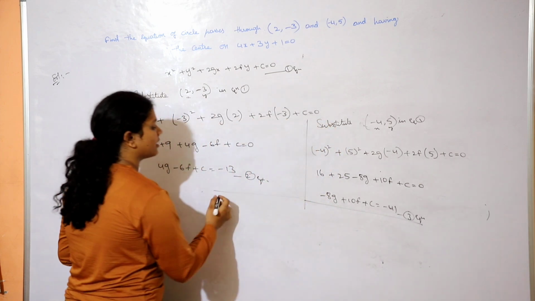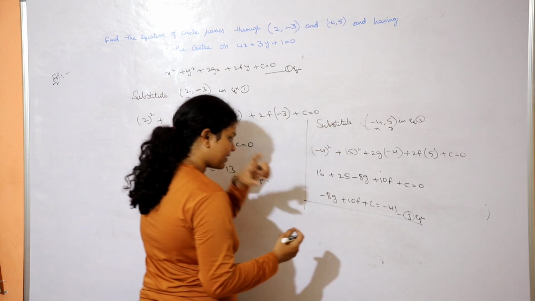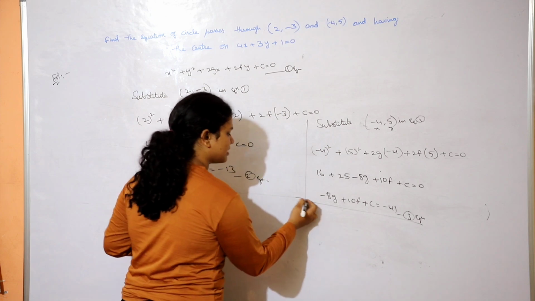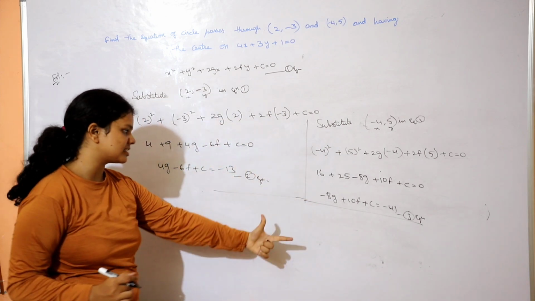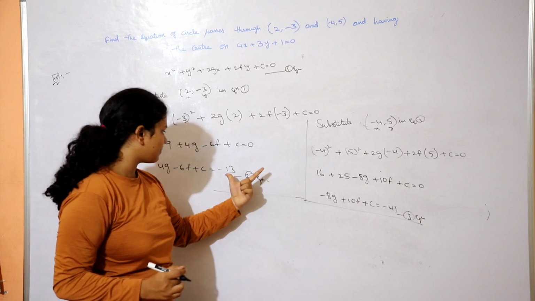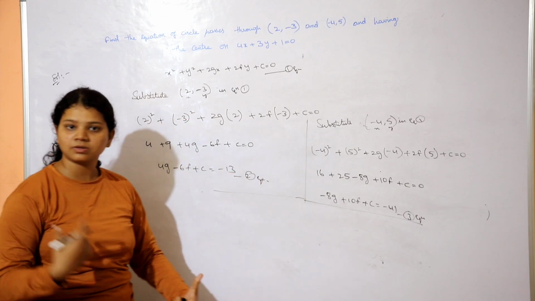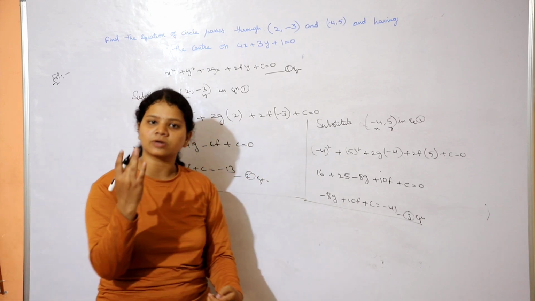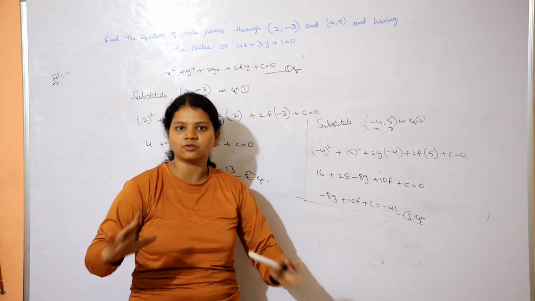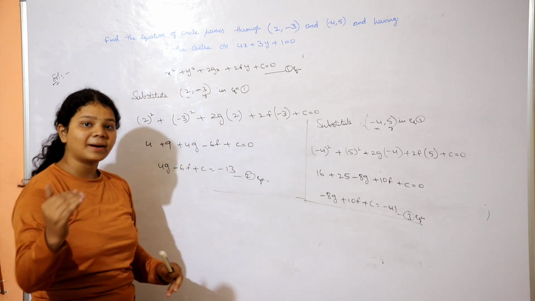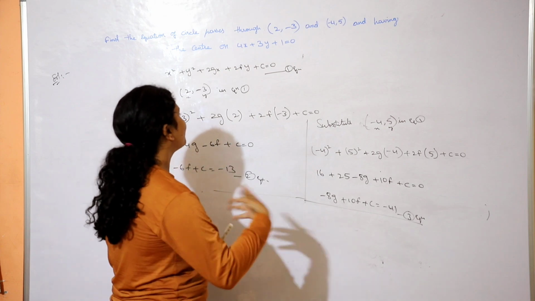What you do to find out the G value, F value, C value, there's nothing different. So guys, look over here. Here you're having 4G, 8G, 10F, 6F, C and minus 13, 41. So there's nothing similar that you can just cancel out and find the G value, F value, C value. There's no way that you can find out.